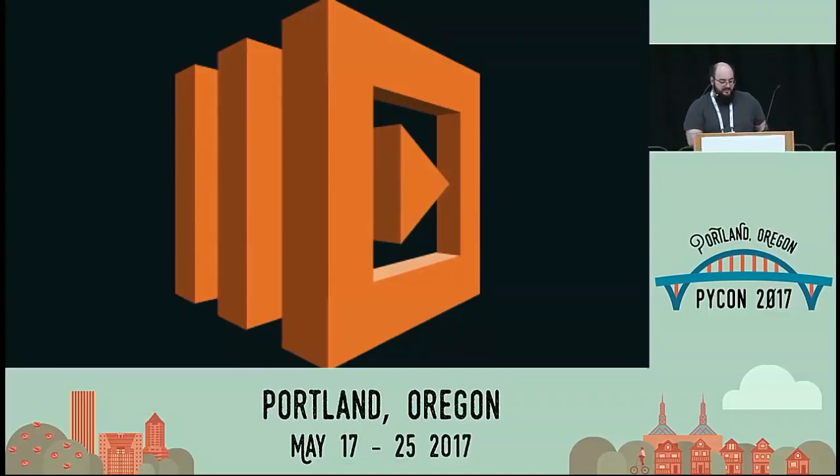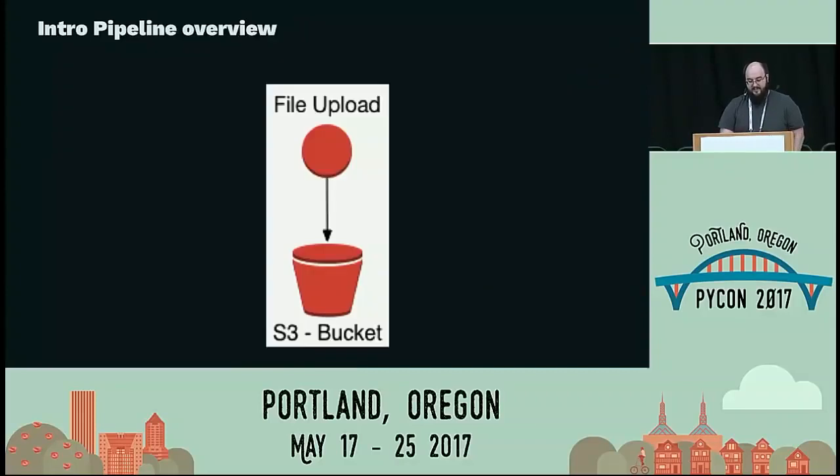All right, so let's talk about a very simple serverless pipeline example. The easiest place to start is we get a file upload, right? The client may send this to us on a regular basis, or we may just let them upload it whenever. Well, normally if this was a traditional pipeline, I would have a scheduled job that would run an hour after they uploaded the file, right? And then I would try to stagger all those out throughout the day so they wouldn't overlap or cause any problems. But here we can kind of get away with this.